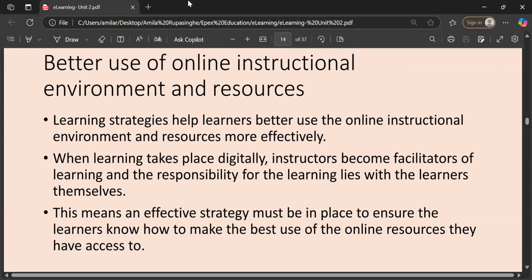See, now I ask you, you are the learners, to find notes, find reference books and read lots of references related to online learning, right? So you have the responsibility, you have the authority. I'm just facilitating, just guiding.